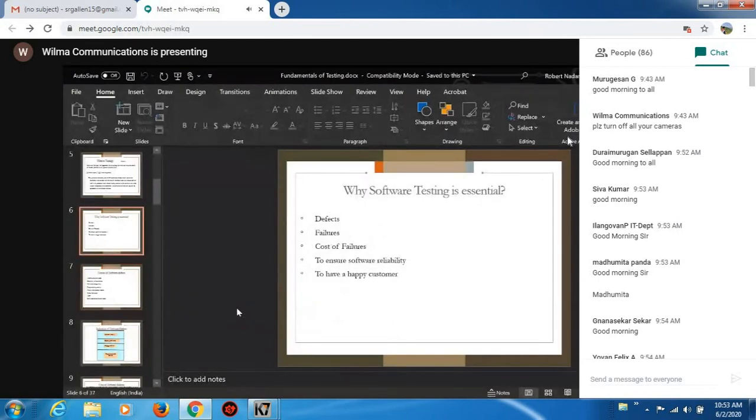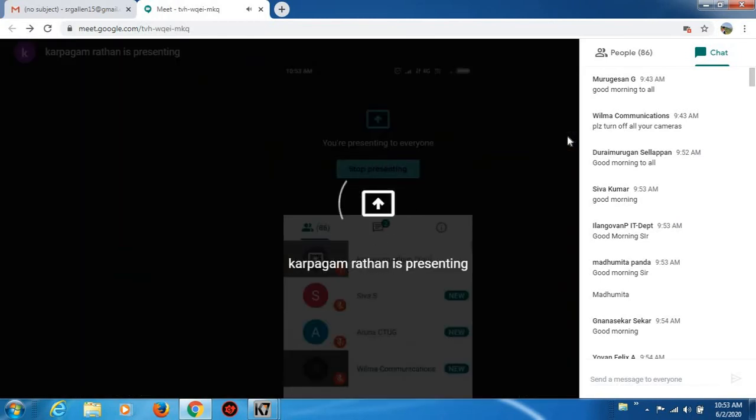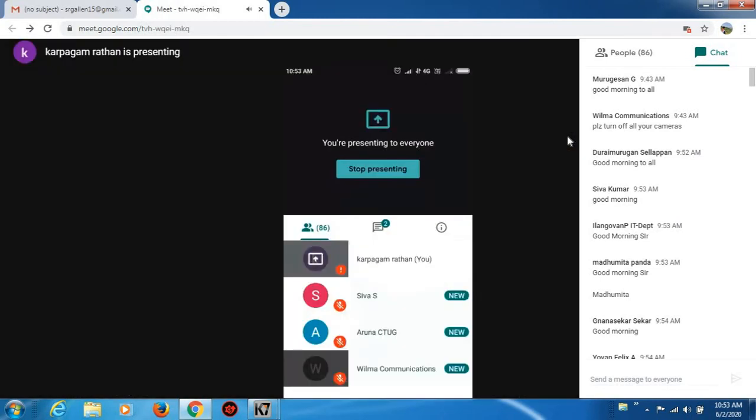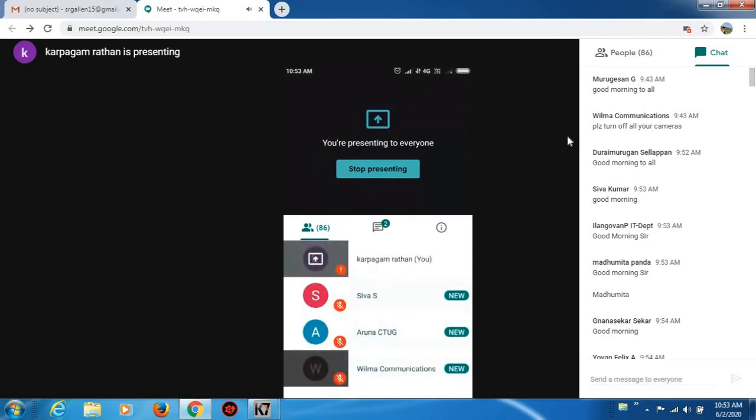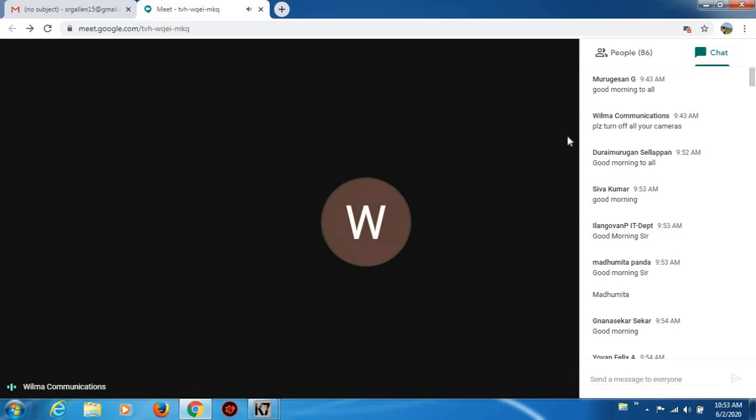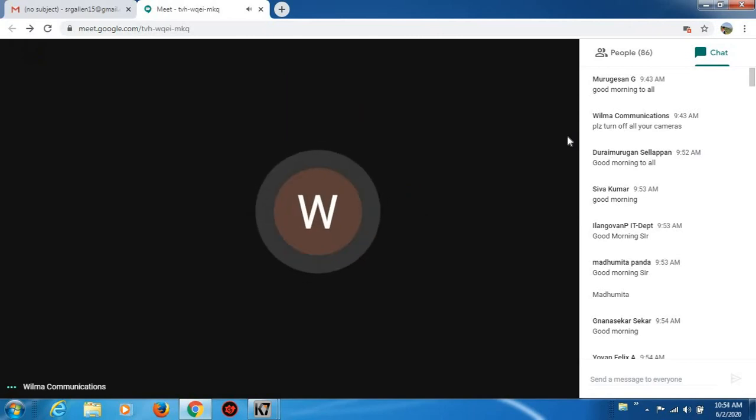Okay, the third point, the cost of failure. Cost of failure, the terms related to the rework cost. When you collect the requirement, you will be clearly planning and analyzing everything, like how much time I need to spend for the development, how much time for the testing, what is the cost of collecting the requirement, what is the cost of each and every stage of the project life cycle.